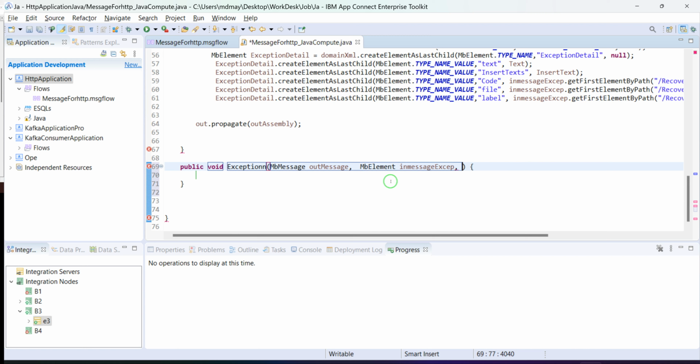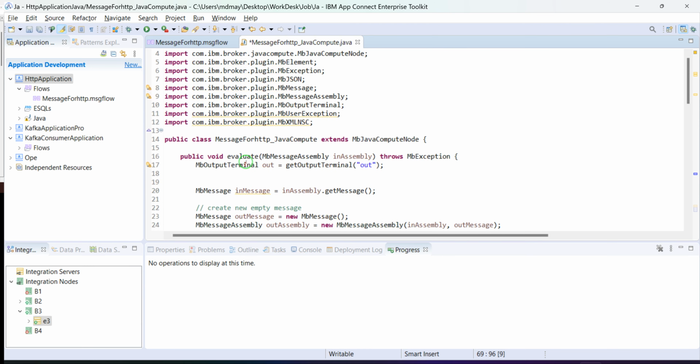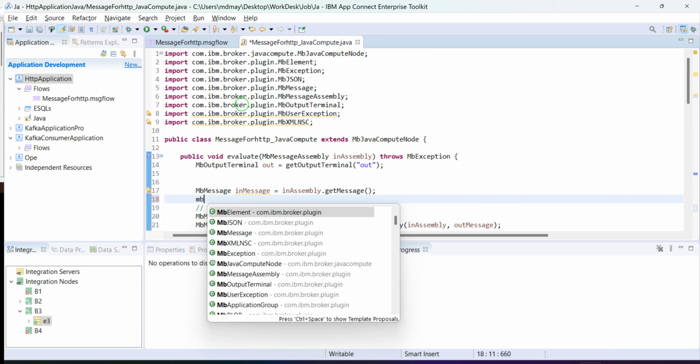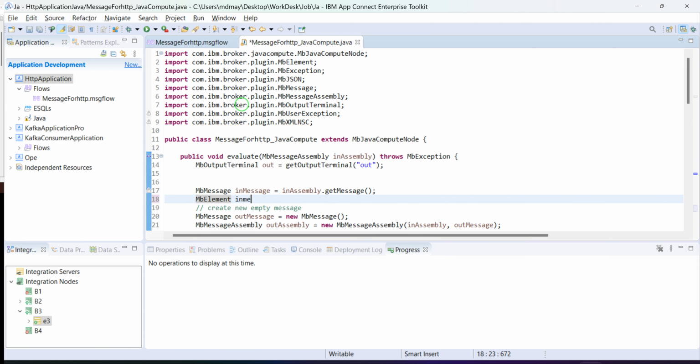And what else do I need? Let me think for a minute. I want to pass inMessage to him. I say inMessage. Okay, these three tags, outMessage, inMessage, I want to pass to it. Let's copy whatever code was right here, and I also want to create one more, make it as an element. MbElement inMessage